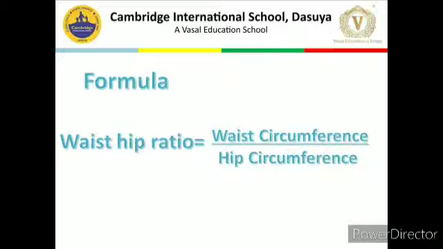If your body mass index, you are having heavy weight 25 to 30, then health risk is low, and 0.85 to 1 after calculating your waist hip ratio, then moderate. If above 1, then it's a very high risk. If you are obese, 30 to 35 body mass index, then your waist hip ratio 0.85, then moderate. If more than, then high risk. If more than 1, then very, very high risk. Even obese type 3, 40, then very high risk.